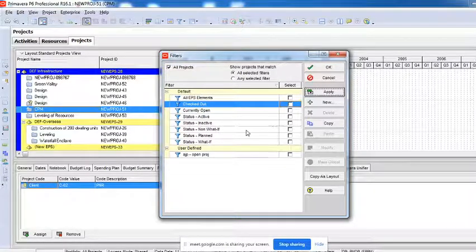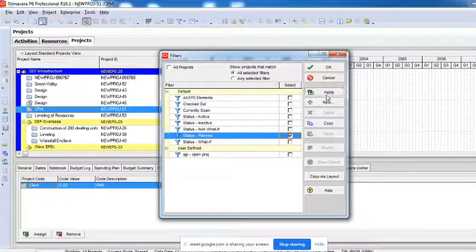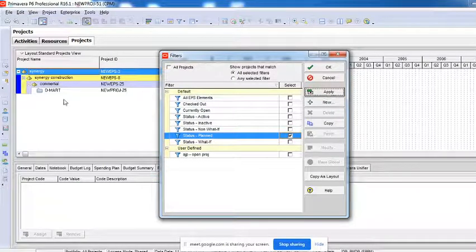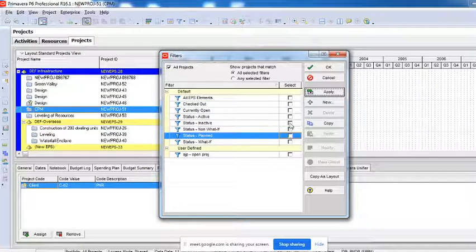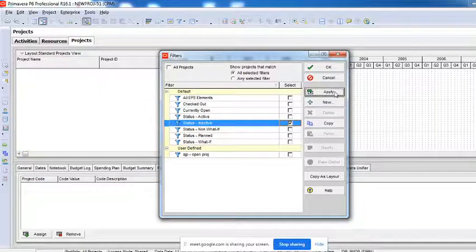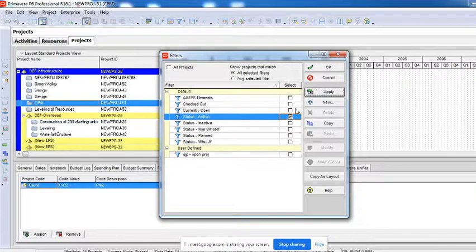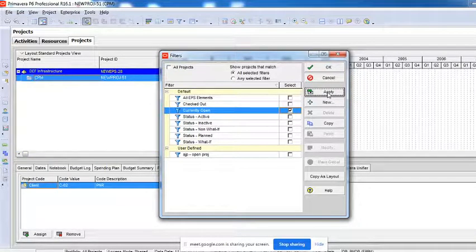Planned, what if, these are some statuses actually. You will find a lot of projects as active only, very few planned. If I have something, let me check. Yeah, you can see this DMART project is only planned but not executed. So I can filter out only the things which I want. If I want to see the inactive projects, nothing is inactive. Okay, active, you will be seeing a lot of active projects. Or if I want only a project which is open, then I can filter that out. You can see this is the project which we are working on currently, and this is the only project which is open. So these are all defaults.